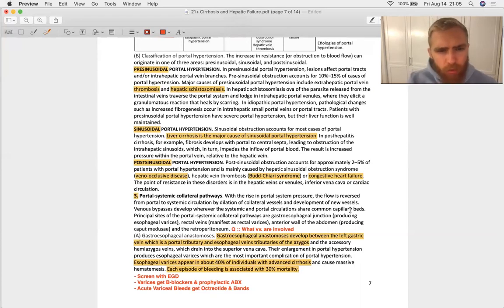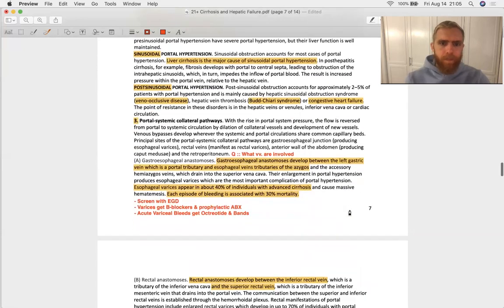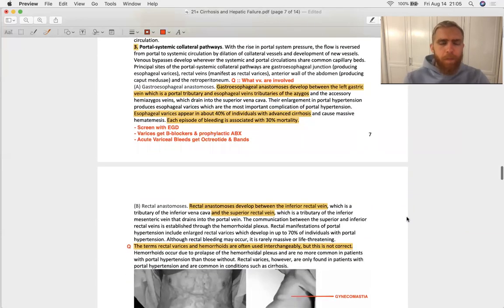And veno-occlusive disease, hepatic sinusoidal obstruction syndrome. That's essentially, do you have a lot of clots coming in from your GI bed? And maybe you do, again, if you're hypercoagulable, if you've got some sort of autoimmunity or you're on particular drugs. So then at the bottom of page 7,